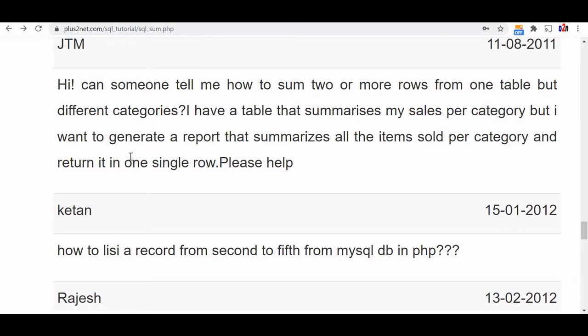one table but different categories? I have a table that summarizes my sales per category, but I want to generate a report that summarizes all the items sold per category and return it in one single row. Please help. Yeah, for this you have to use a group by command,